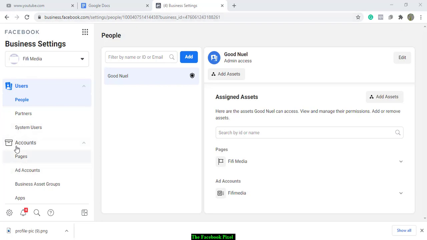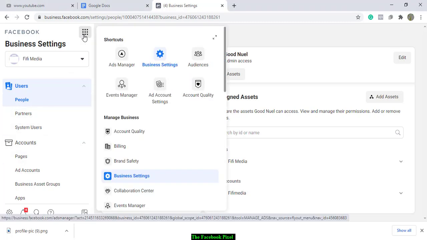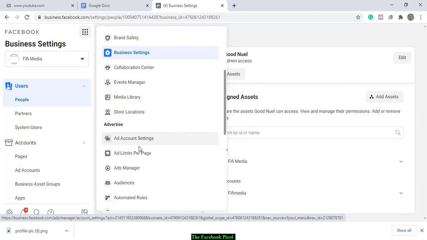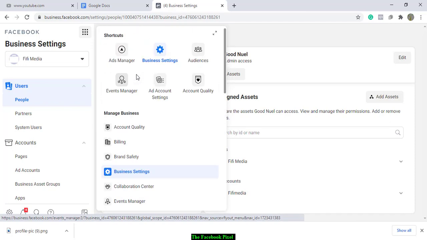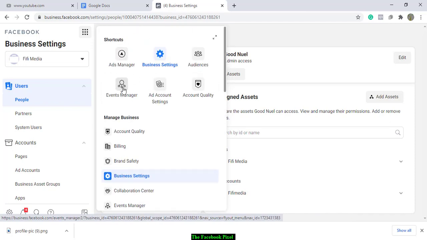Once you are here, you come to the business tools and we look for what they call the events manager, and there it is. You can get it somewhere down here too. There it is. So you click on the events manager